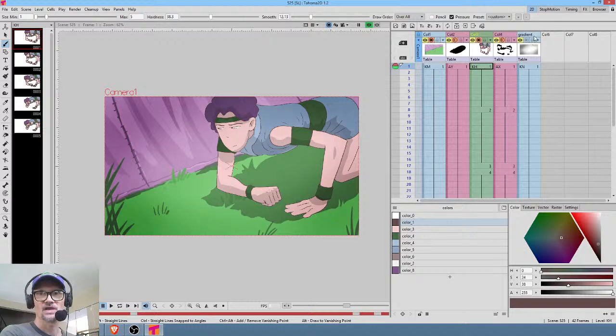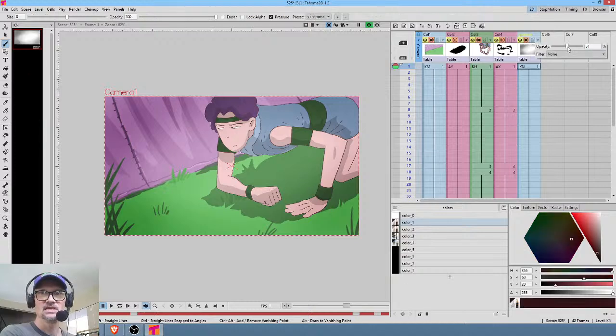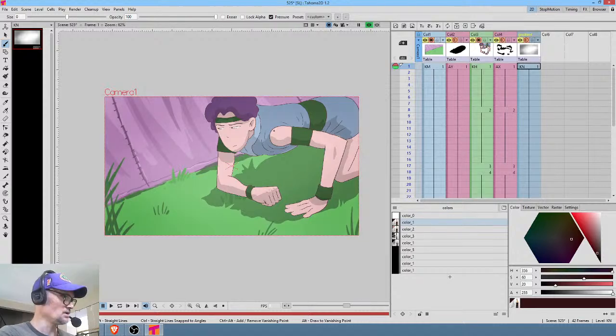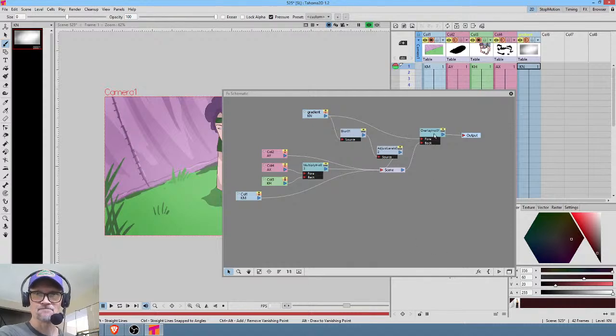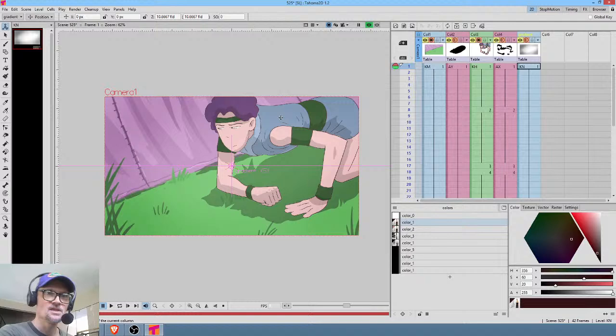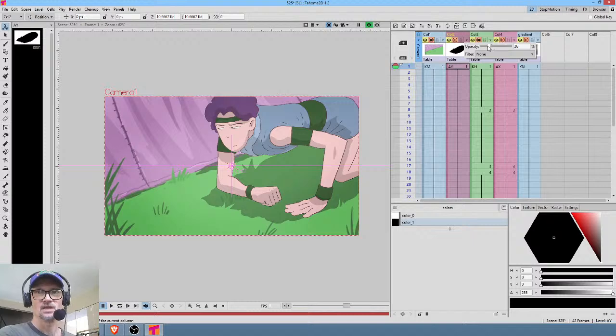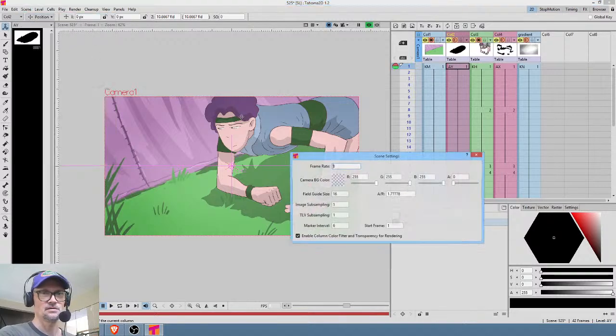Once you factor in this gradient over the top of it, which I believe is probably applied in overlay mode in the schematic, and indeed there it is. Yep, you get an overall look that's pretty good. And I found it interesting that by having a sufficiently noisy shape in the cast shadow, that again, as is kind of typical, is just a vector level where I just drew the shape and then added the transparency here, and then by having this setting enable filter and transparency for rendering,